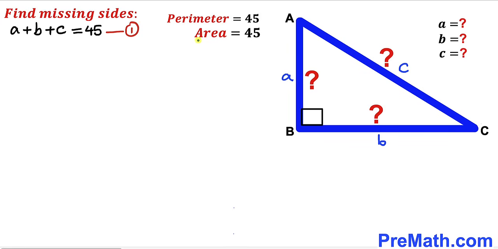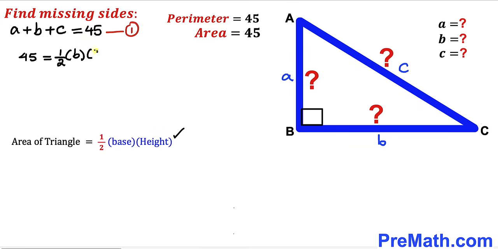Here's our next step. We know the area of this triangle has been given to us as 45 as well. Let's recall the area of a triangle formula. Area is always equal to a half times base times the height of the triangle. In our case, the base is lowercase b, the height is lowercase a, and the area has been given to us as 45. So let's fill in the blanks in this formula. Area of our triangle, 45, equals a half times base b times height lowercase